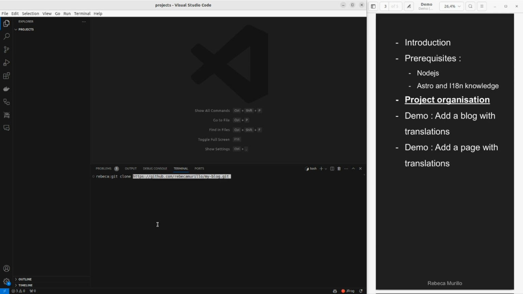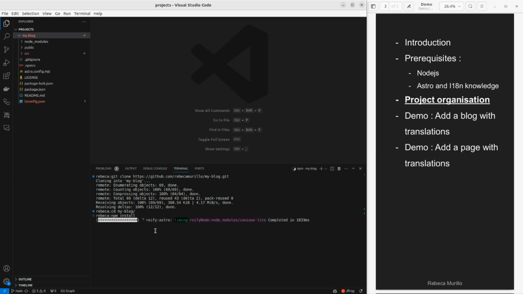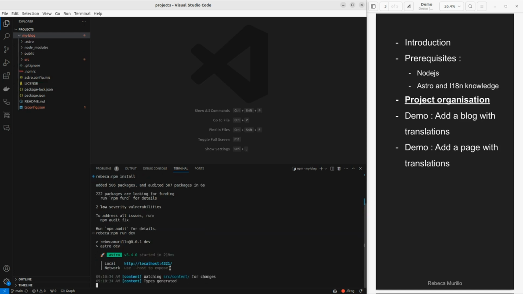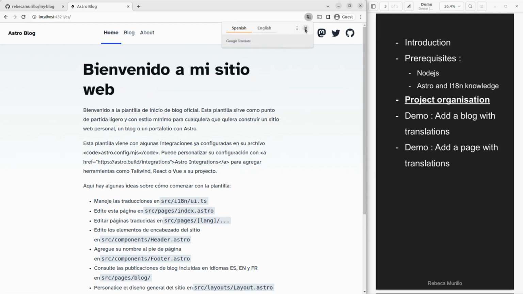Git clone. So I have over here my new repository. I will run npm install to install the dependencies. So it's done. I will run npm dev to run the localhost in dev mode. So here it is. The core of the project is the same as the Astro template, but with the translations